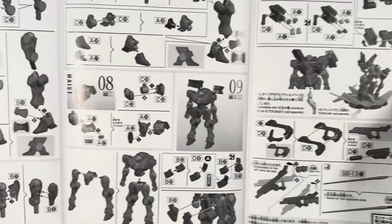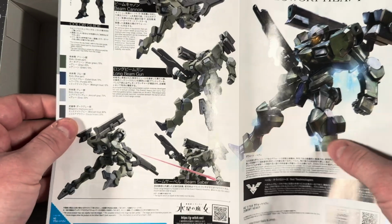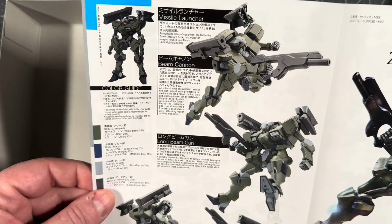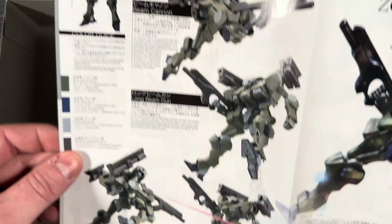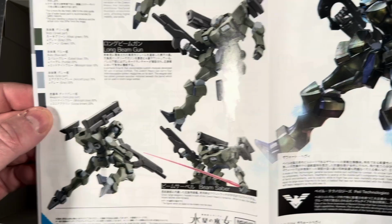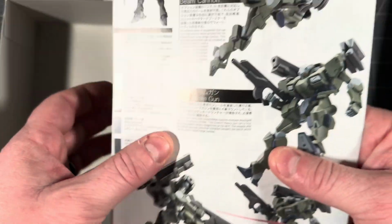And then a quick look here is a couple of different poses for position, and then also a little bit of information about the mech along with some color guides if you want to actually custom paint it to match. And one last quick look at that cover art. I just love the Witch from Mercury art. Man, it's so good. So getting into the actual